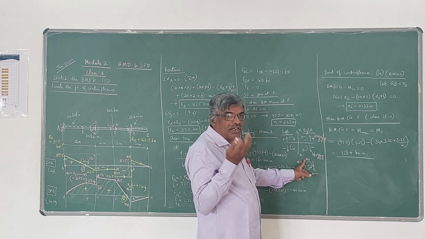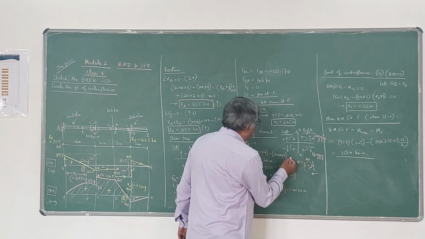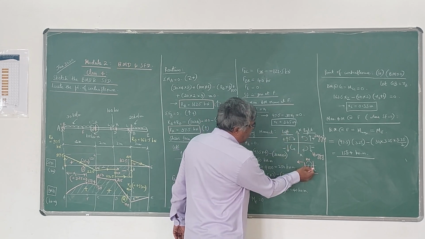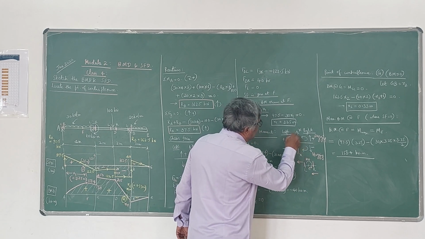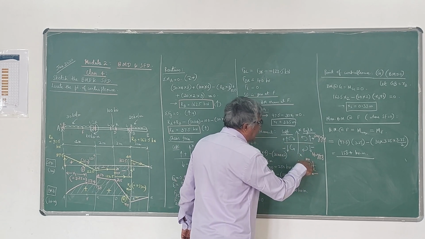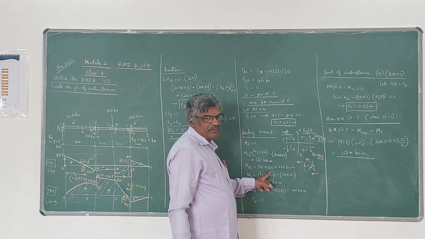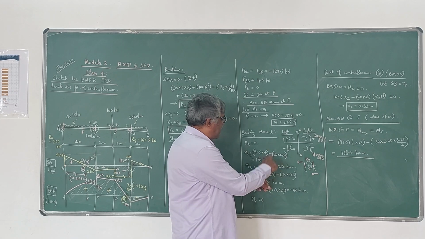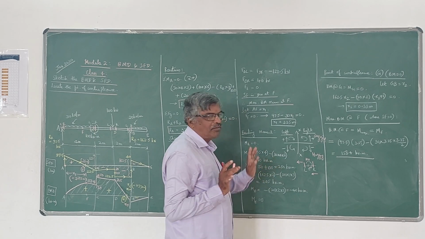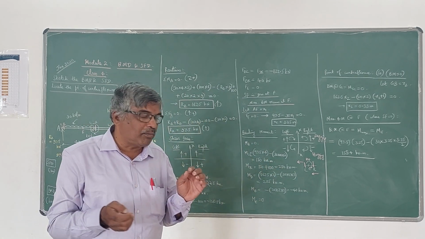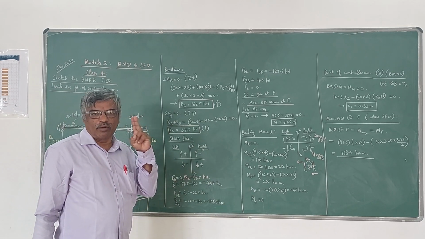But what is the nature of that moment? That is the bending moment we have to think about here. Since you are seeing the left side, the moment on the left side is given clockwise like this. That means it is like this. See, sagging. So left side sagging. Since it is sagging, I have to add this 100 to that. Sagging is positive, therefore I have to add 100. So already 150 is there, 150 plus 100, 250 kilonewton meter. So at a point where an external moment is given on a beam, you will have two values of bending moment.